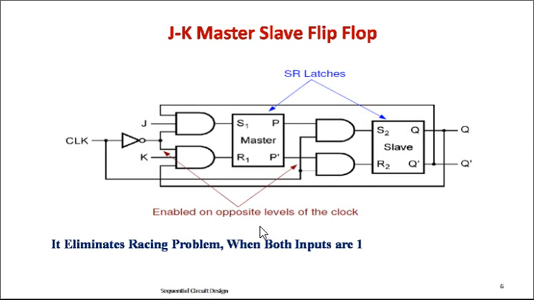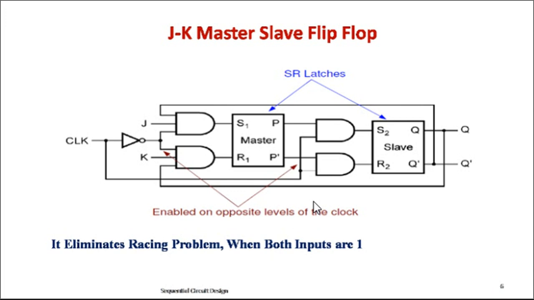Okay, so what is the problem occurring in the JK flip flop now? Whenever both are 1, means J is 1, K is 1, in that case one problem will occur. It's called the race around condition. The race around condition occurs in the JK flip flop, or you can call it the drawback of a JK flip flop, and this is overcome in your master slave JK flip flop.